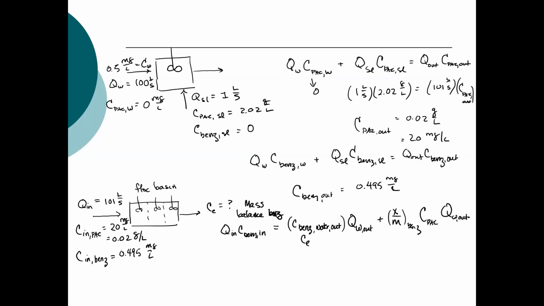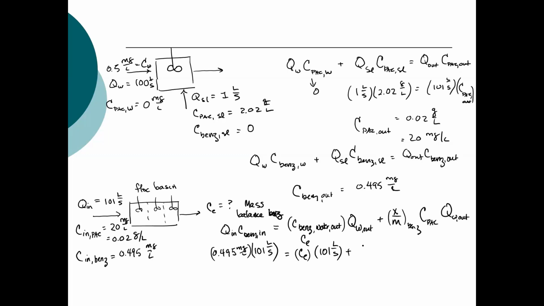And then this is equal to 0.495 milligrams per liter times the concentration as, times the flow rate, 101 liters per second. We don't know C sub B, so I'm just going to write that as C sub B times 101 liters per second